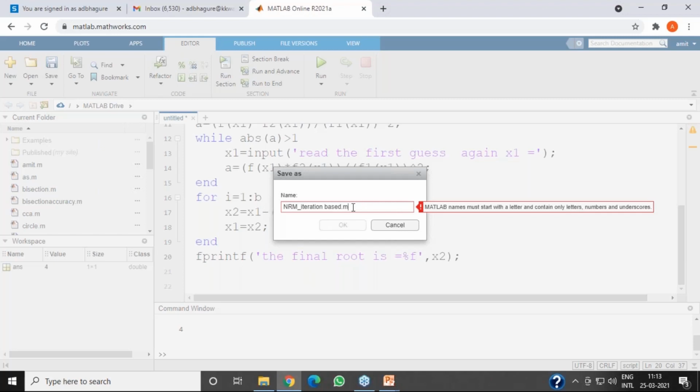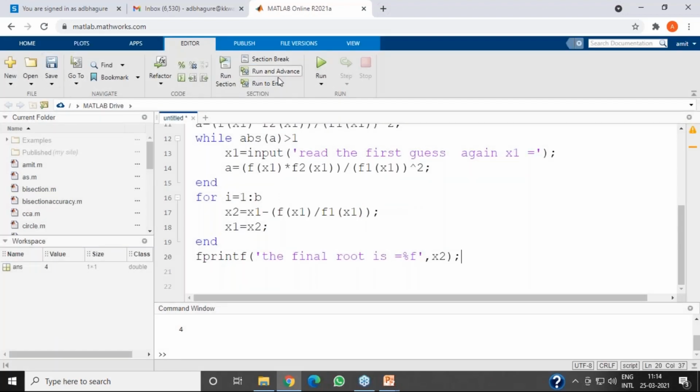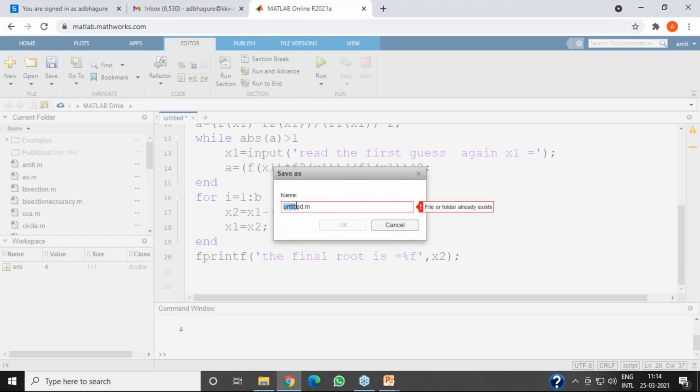Why is it showing an error here? File name must start with a letter and contain only letters, numbers and underscores. Because I'm using a space, and space is not allowed when you're saving the file. So Newton-Raphson method iteration based, I can save this file.